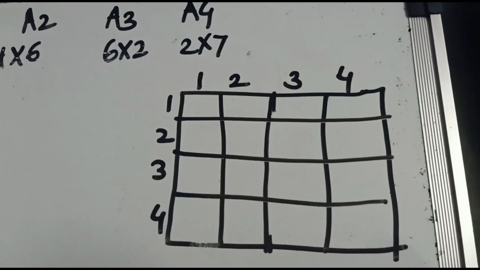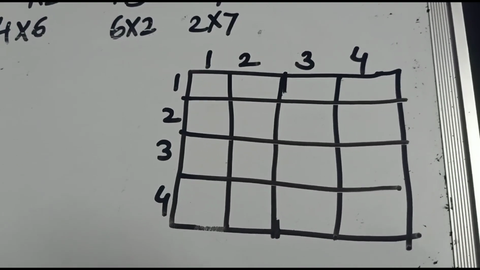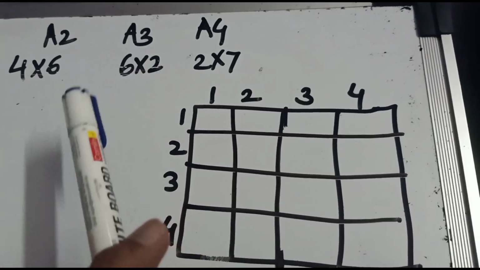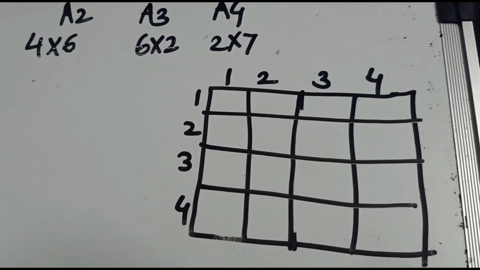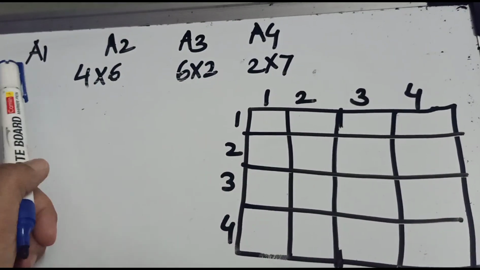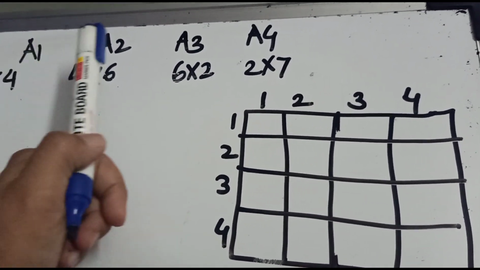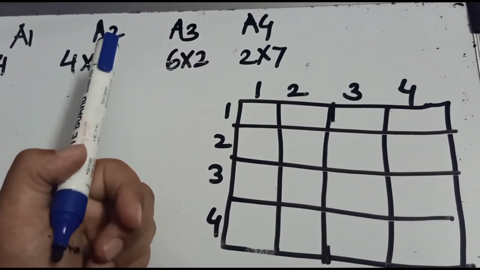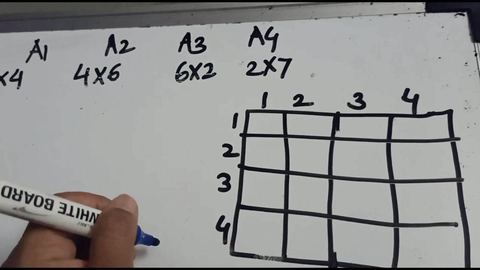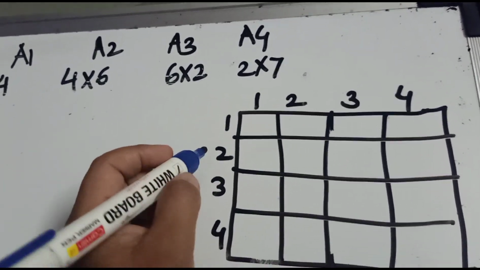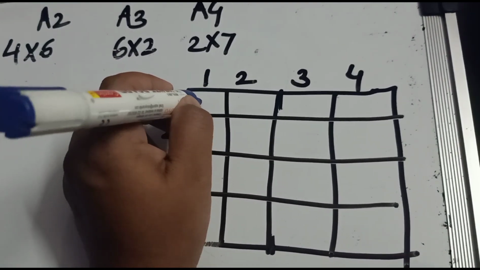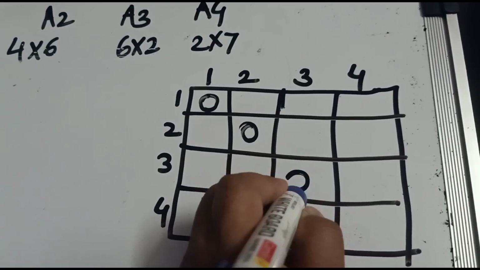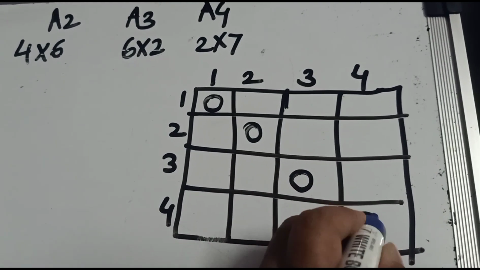So we will construct a table here first. As 4 matrices are there, we have constructed a table having 4 rows and 4 columns. Now when I am multiplying the A1 matrix with A1 only, or A2 with A2, A3 with A3, or A4 with A4, of course the cost of multiplication will be 0, as only one matrix is there. So first matrix with first, it will be 0. Second with second, 0. Third with third, 0. And fourth with fourth, 0.